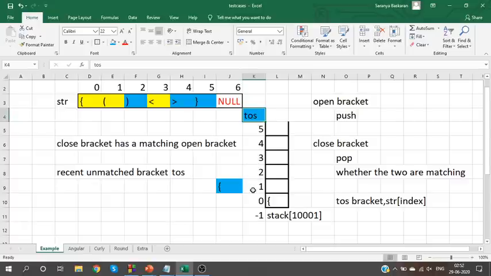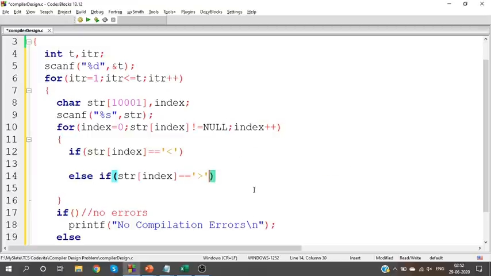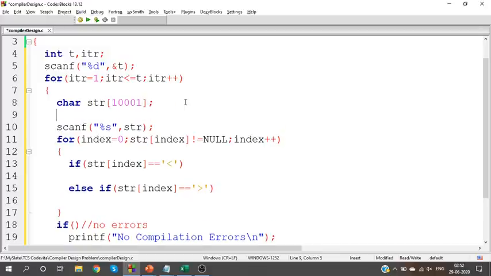If you pop an element, decrease top of stack. Okay. So have a variable named top of stack. Index and top of stack are integers. And I need a stack. Stack could be of maximum size 10,000. Okay. Top of stack should be initialized as -1.